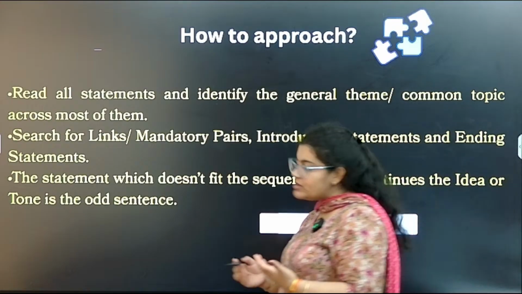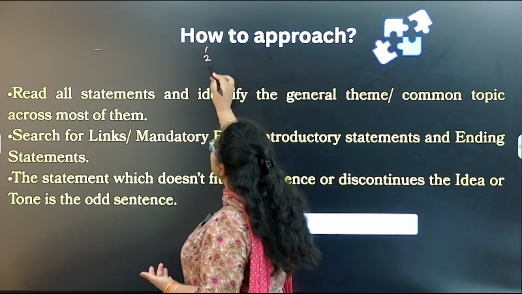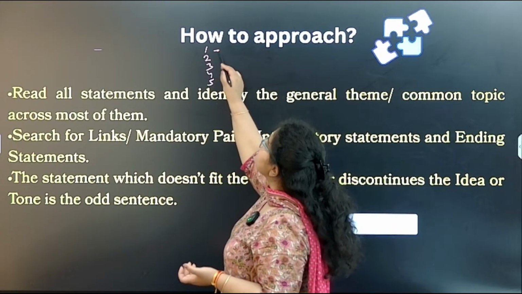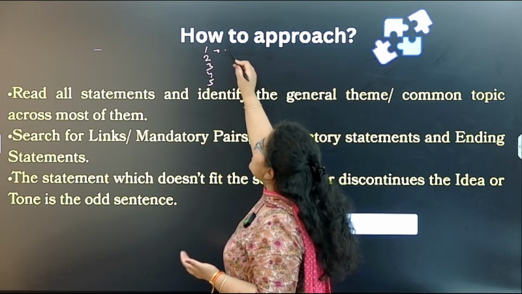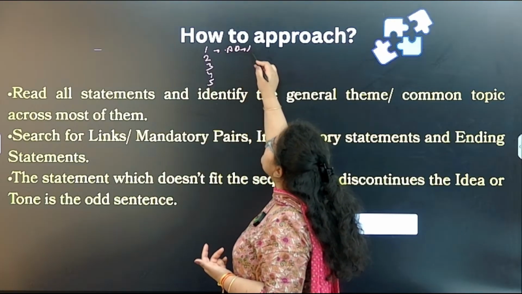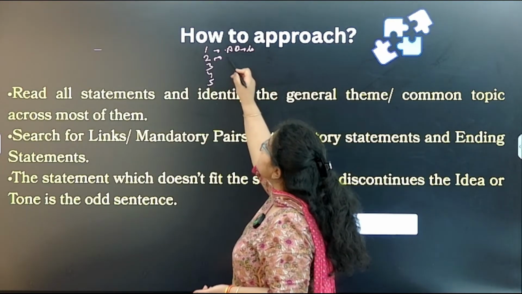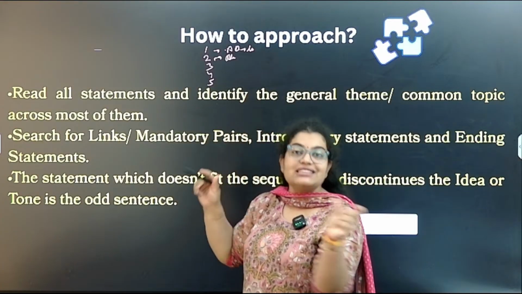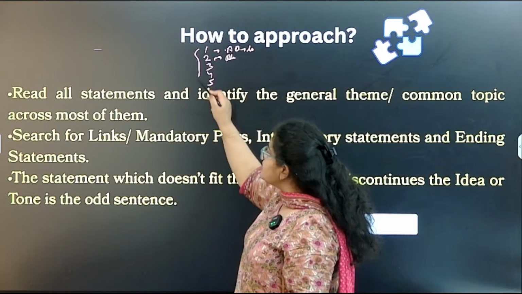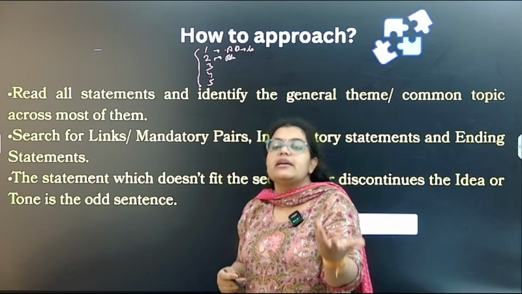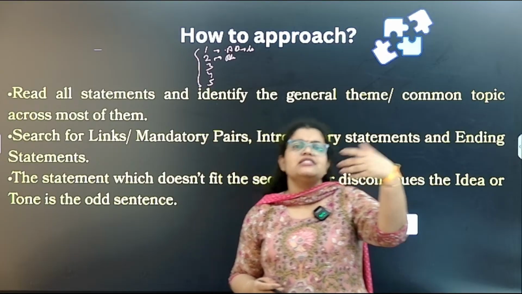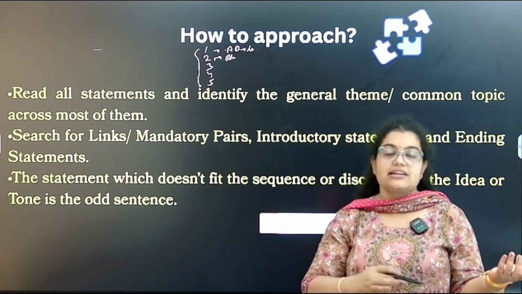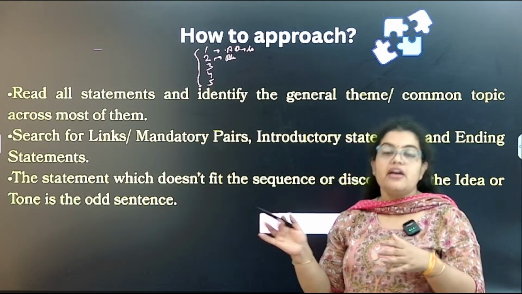Sometimes what you can do is that suppose you got 5 sentences, then you can also label them, right? कि पहला sentence बात कर रहा है let's say अमिताभ बच्चन और उसका बॉलीवुड का, ओके, ये बात कर रहा है उसकी ब्लॉकबस्टर्स का, ओके, so you can write the key idea of every sentence, okay? So read all the sentences and try to label them, maybe कि ये सेंटेंस में क्या चीज की बात हो रही है, सेकेंड सेंटेंस क्या आइडिया को डिस्कस कर रहा है, थर्ड कौन से आइडिया को डिस्कस कर रहा है,